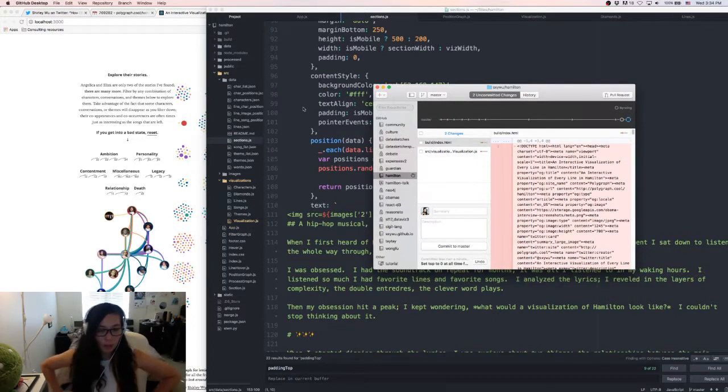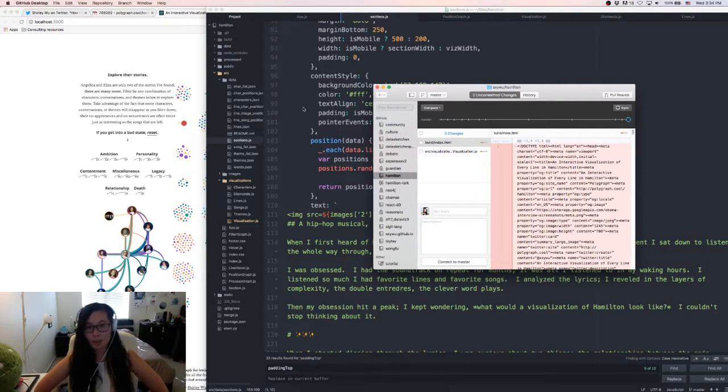I'm pretty happy with how this is going, and I know that there are bugs I need to fix, one of them being that for some of the sections, the top positions are a little bit off,